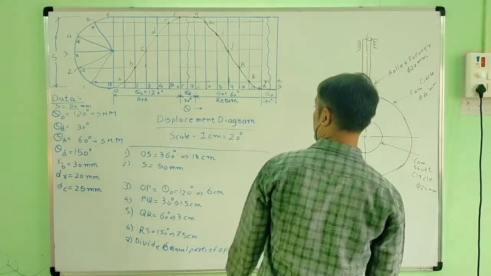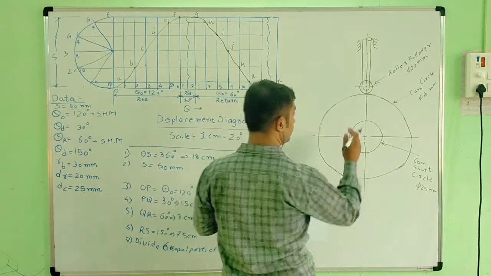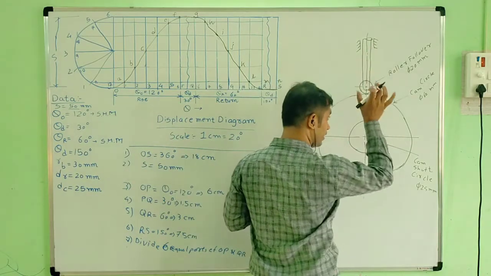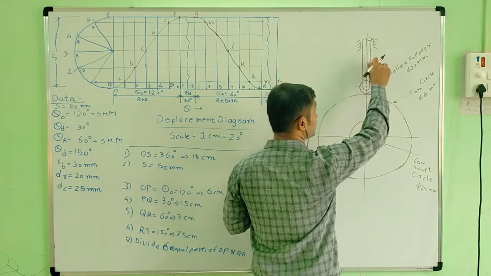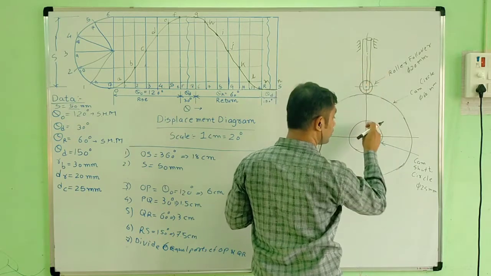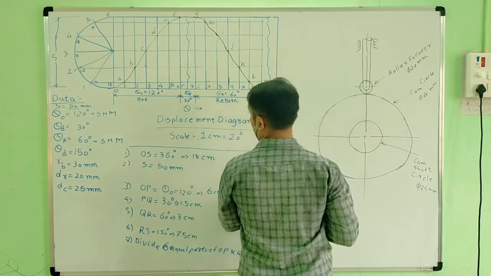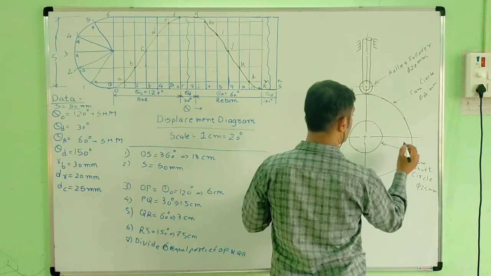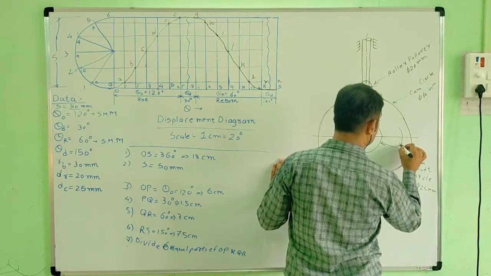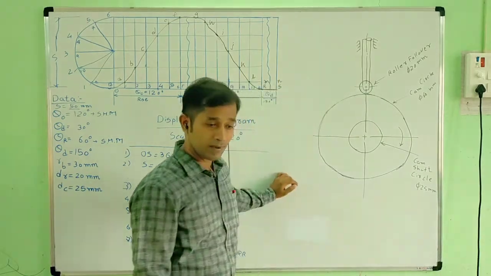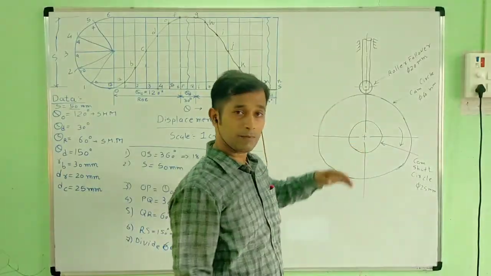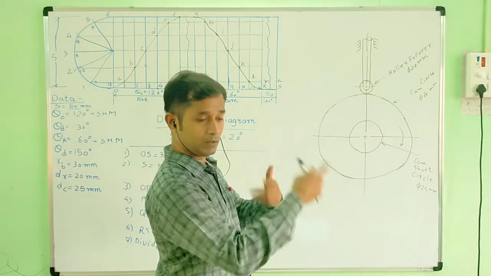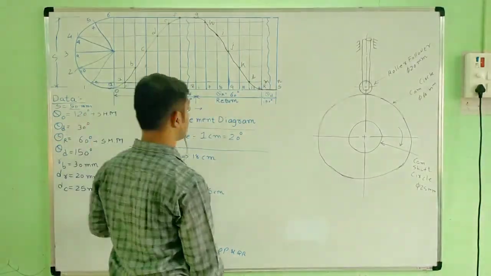Now make a cam angle. First of all, 120 degree. Now this is a radial follower because the follower axis passes through the axis of the camshaft. Okay. So now 120 degree. So measure from the point in the anti-clockwise direction, because the cam rotation given in this problem is clockwise. So we have to draw the cam profile in the opposite direction, meaning anti-clockwise. Okay. So first of all, make 120 degree.